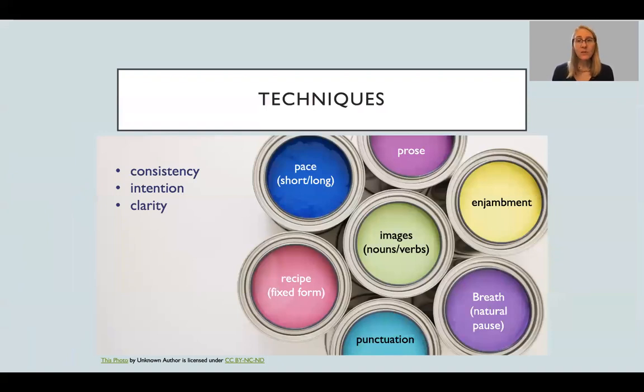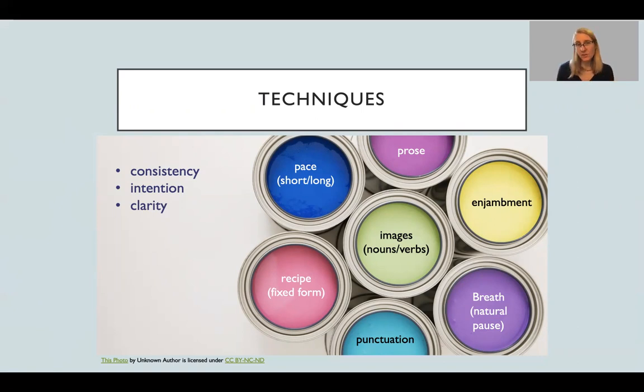So I wanted to review the techniques that we just took a look at and have you once again think about all of the different choices you have when you are breaking lines. And these aren't all of them, right? You will discover things along the way, but these are tried and true techniques that can at least get you started. When you're using them, again, make sure that you're making consistent choices, that you're thinking about your intention,